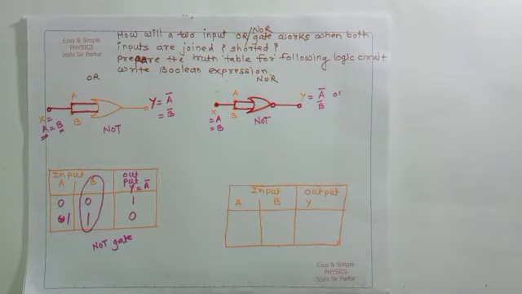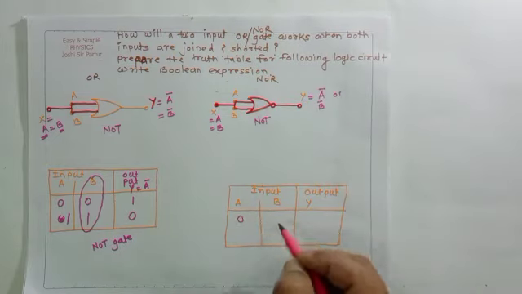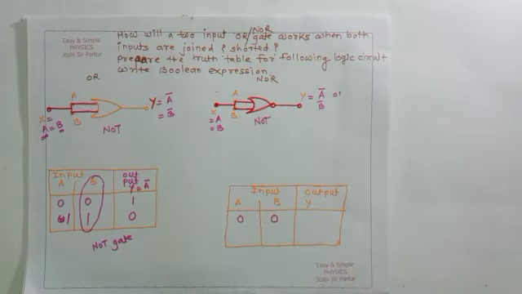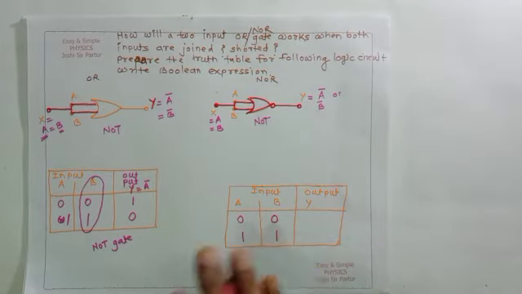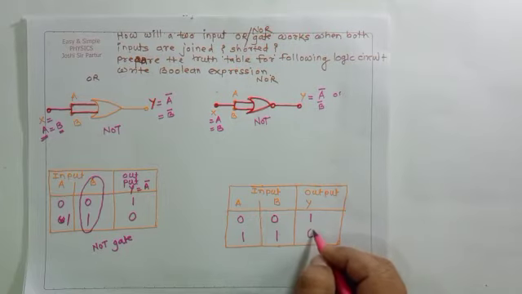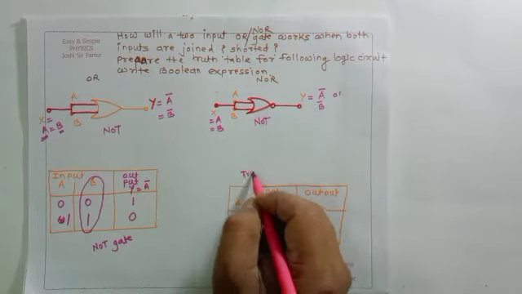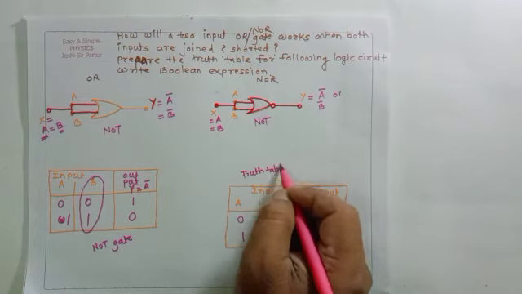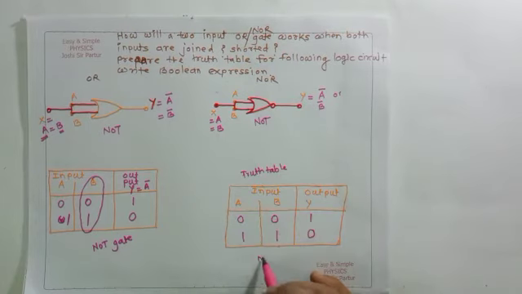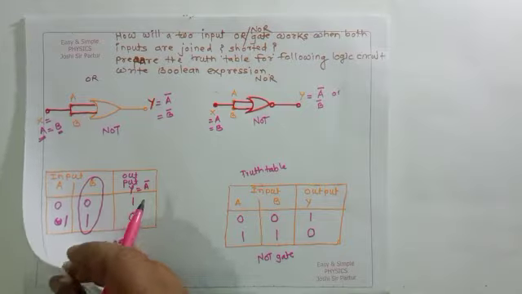So there are also two possibilities. One will be 0, 0 means low inputs, or high inputs. When input is low, output is high. When input is high, output will be low. And this truth table verifies the values for the NOT gate. So the NOR gate can also represent a NOT gate when its inputs are shorted or when its inputs are joined together.